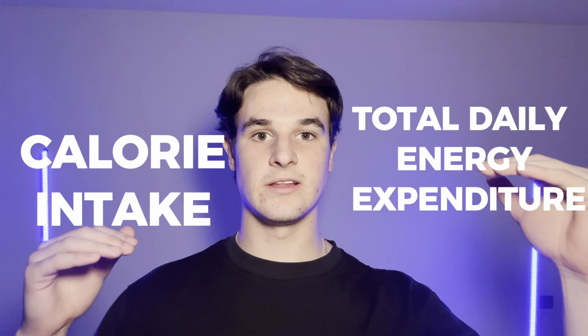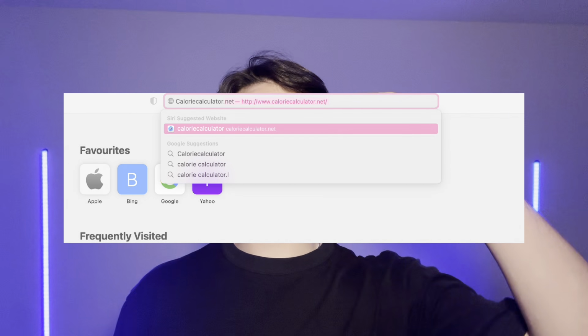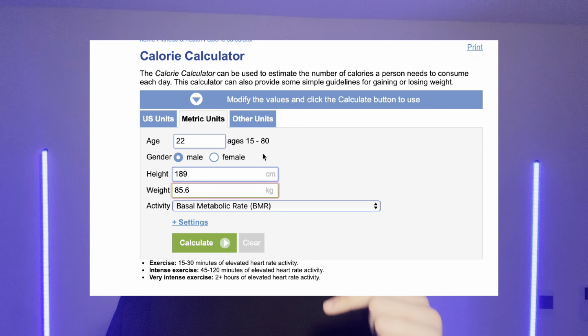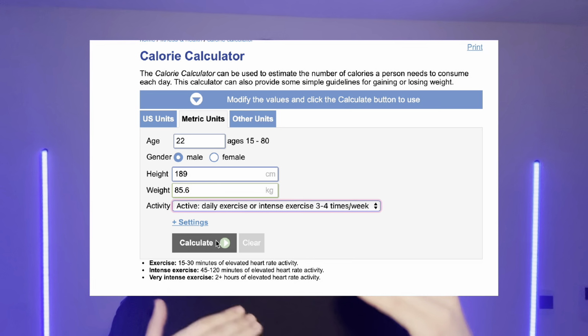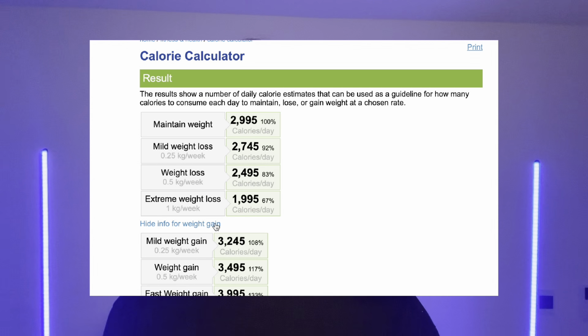Now we've laid out our income and our expenses, or our intake and our total daily energy expenditure, we're going to jump onto a calorie calculator. What this does is calculates our maintenance level of calories. So you're going to go onto the website and search up calorie.net. This will bring up a very quick graph with all your details, so your height, weight, age. You want to enter those in. You're going to select the activity level that you currently experience, and that's going to give us our average or our expected maintenance calories. You're then going to select what your goal is, whether that's weight loss or weight gain,